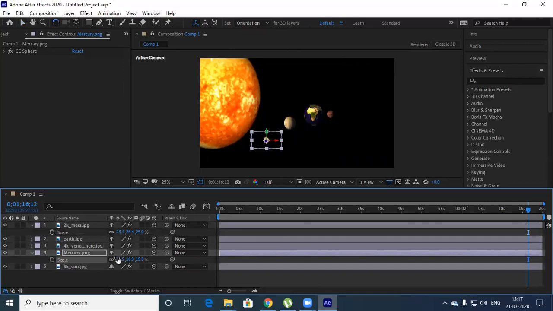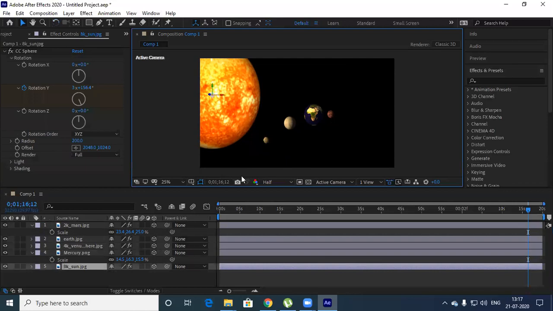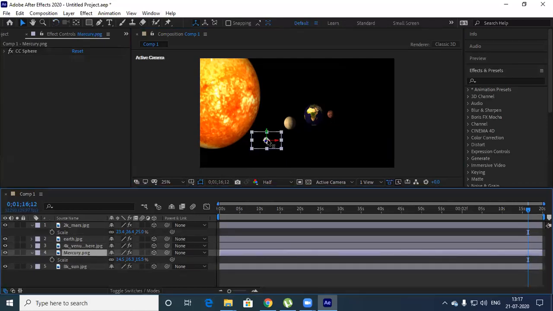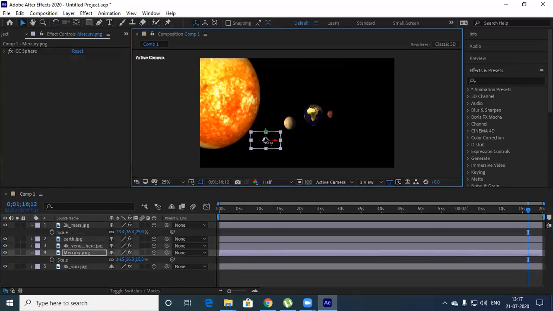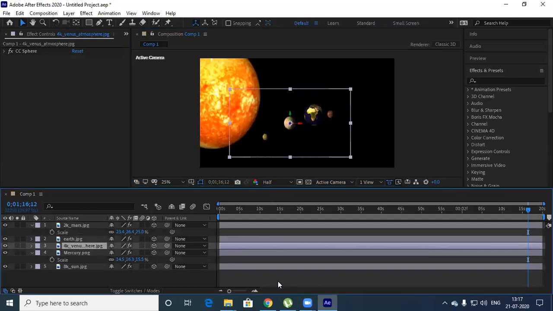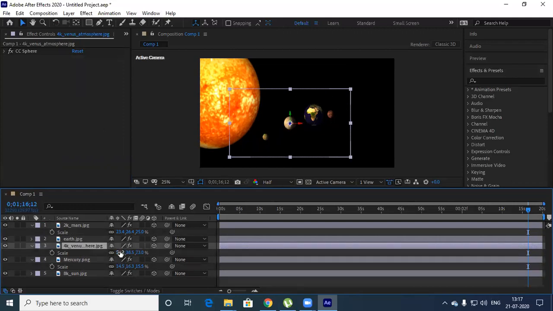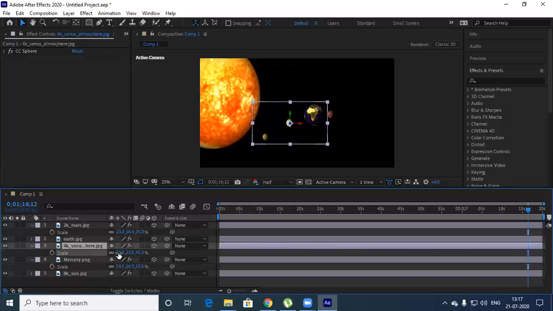It cannot be bigger. Mercury is here. So Mercury. Mars and Earth are almost the same size.